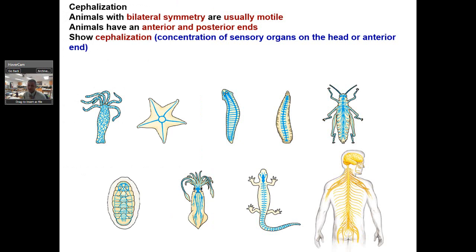And one other thing, cephalization. The bilateral organisms have what's called cephalization, which is concentrating the nervous organs in the anterior end, the head. Your brain is not in your butt. That's your caudal end. Your brain is here, and this happens during that embryonic development. We see it with all of the bilaterally symmetrical organisms.